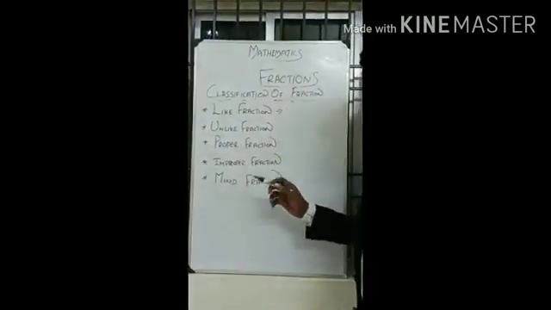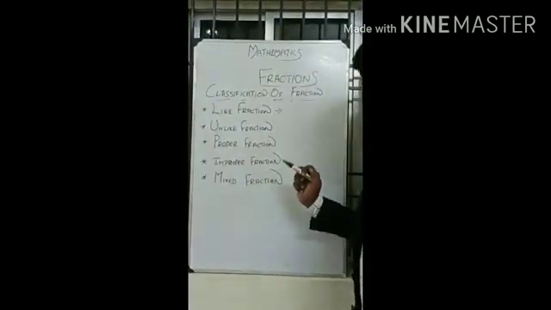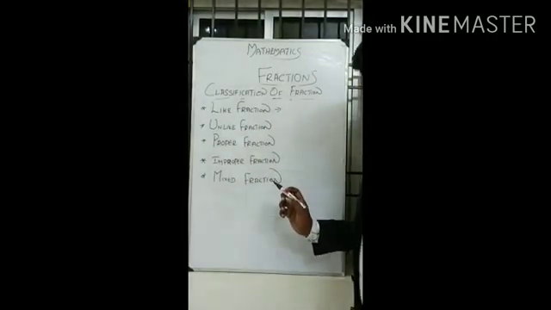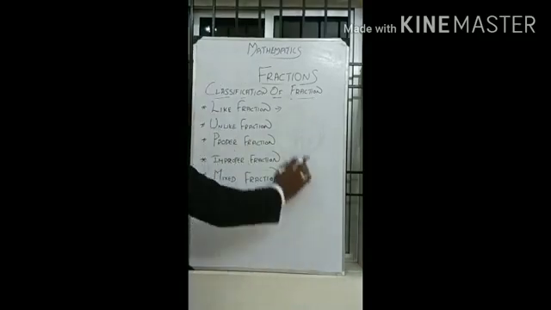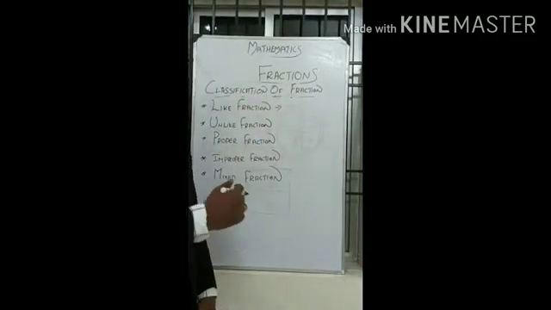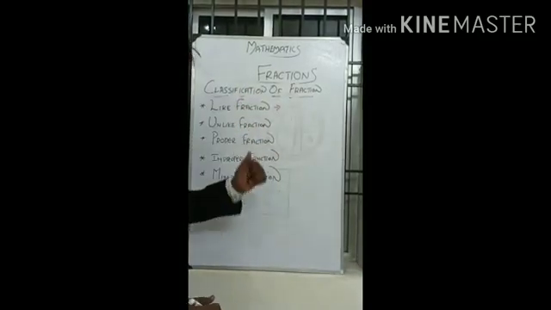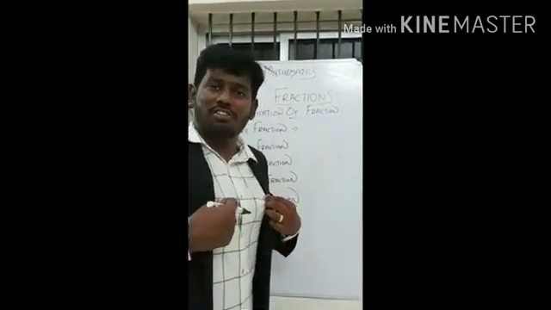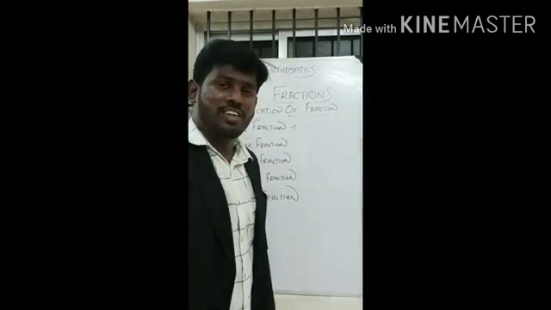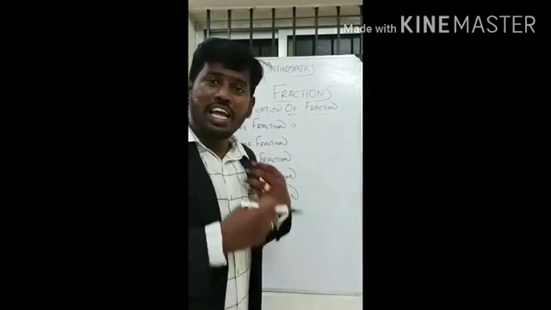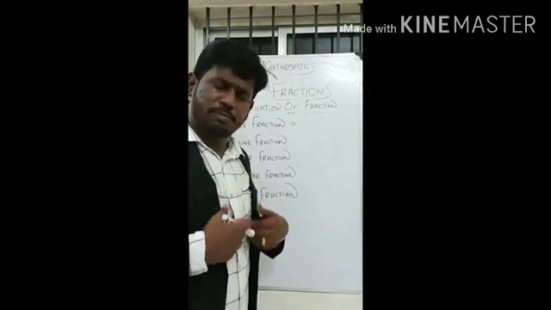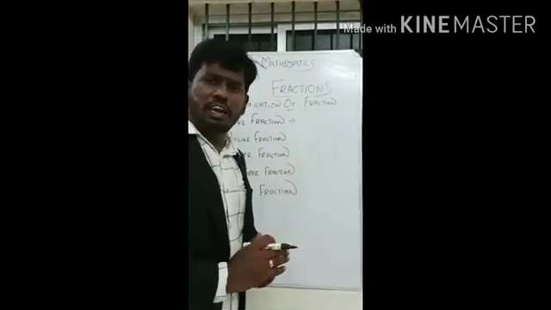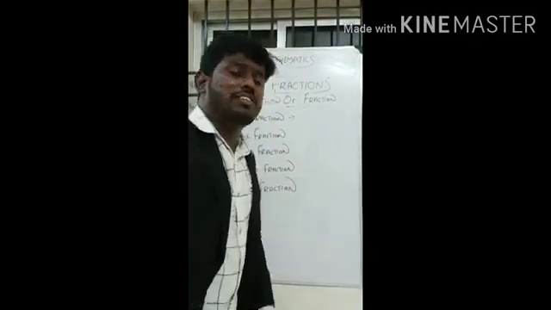Like fraction, unlike fraction, proper fraction, improper fraction, and mixed fraction. First I am going to explain the like fraction. Before going to this, I want to say one thing. Let us take the shirt as the numerator and the pant as the denominator. Remember, shirt is the numerator and pant is the denominator. Like fraction means, if all pants are the same